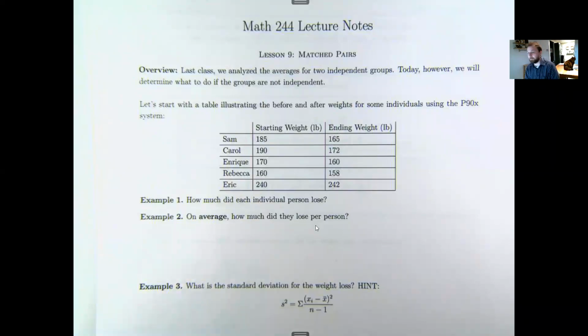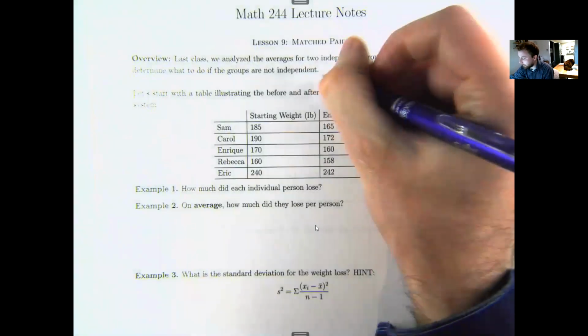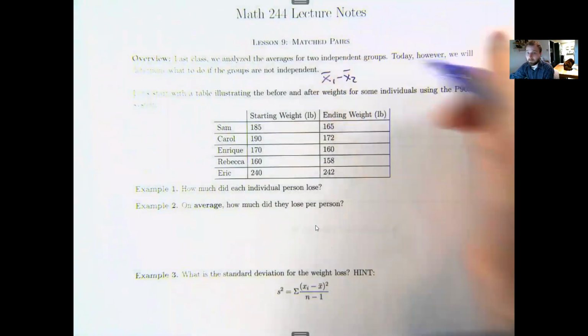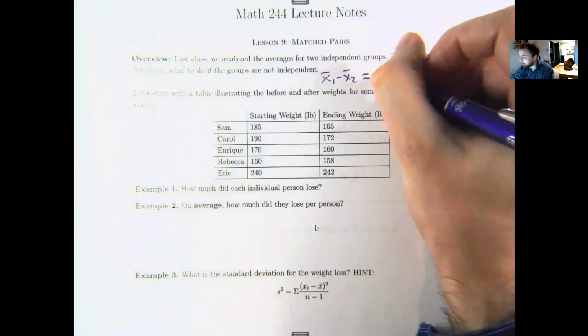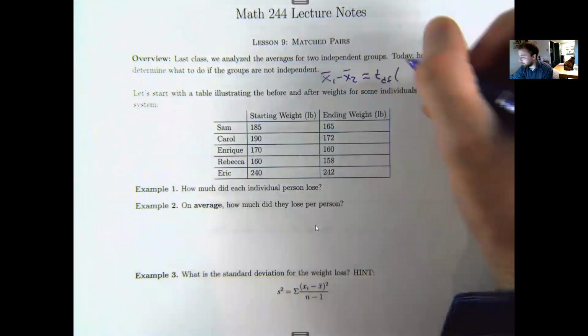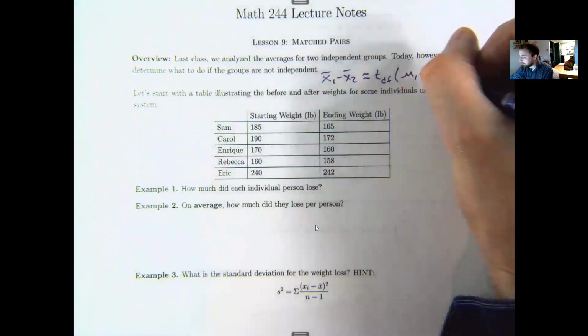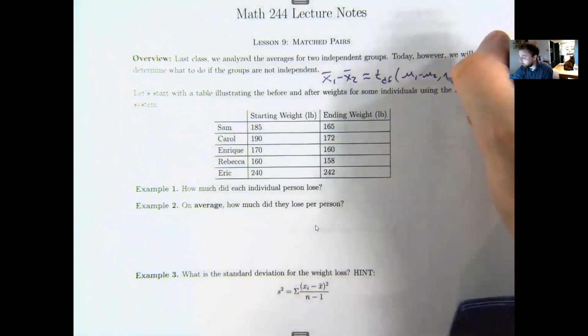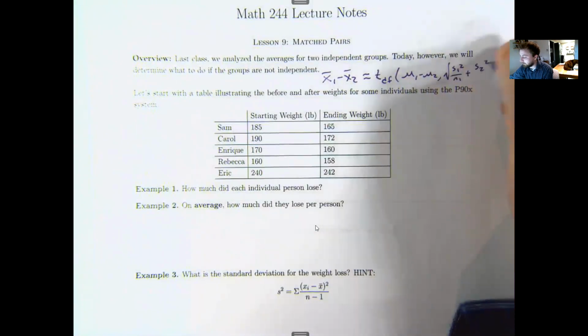Lesson 9 looks at matched pairs. So in the previous lesson, we compared averages for two independent groups. We did this using the model x bar 1 minus x bar 2, which had a student t distribution. We took the smaller of the two degrees of freedom. We subtracted the averages, and we looked at a big square root that contained both of those standard deviations combined